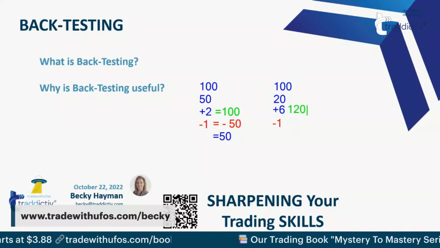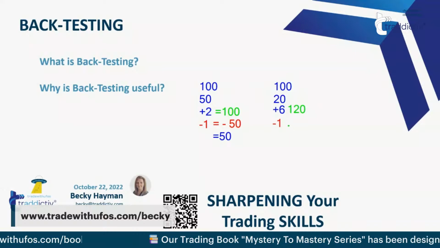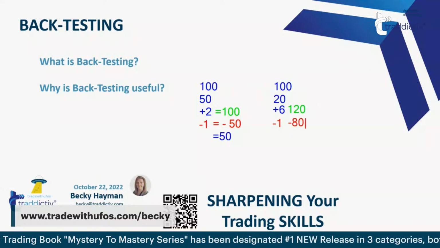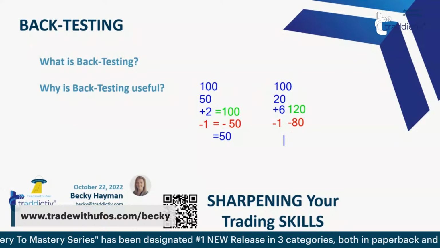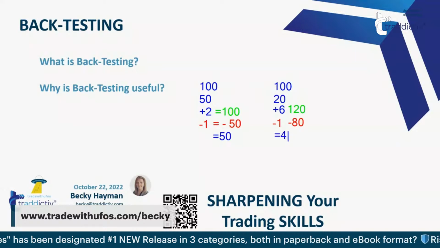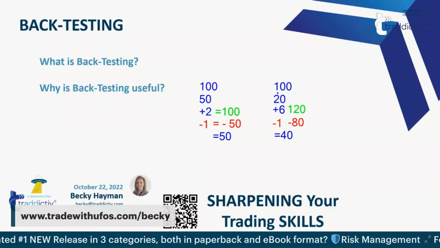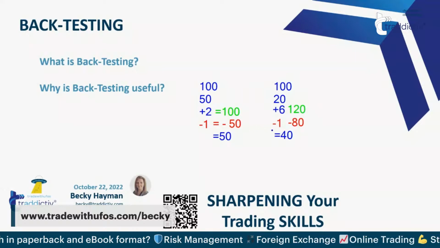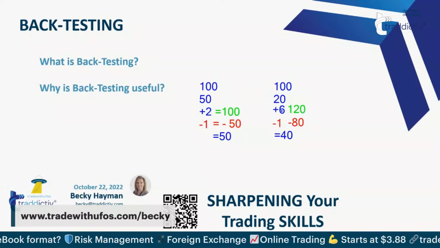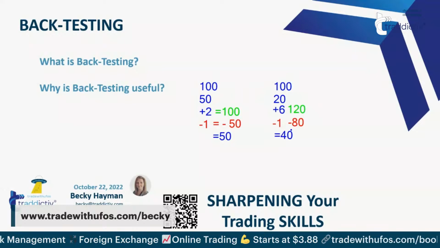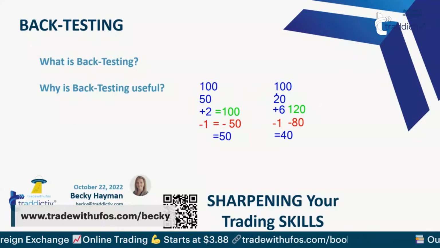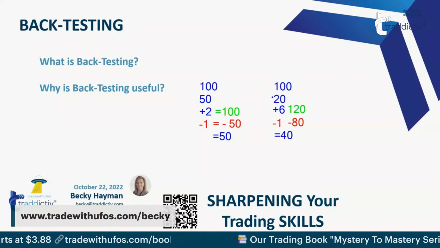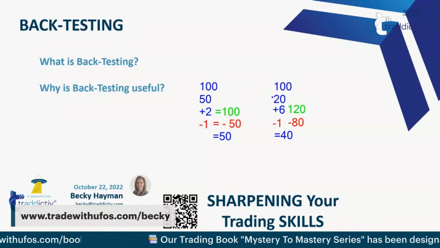Over here would be 80 times minus 1, so minus 80. Overall, they're plus 40. So they were right less than half the time, but they made 80% of the profit still. Change that to 7. They're making more money than these guys, even though they're wrong more often or right less often. Neither of those are right or wrong. Neither of those are what you should or shouldn't do.